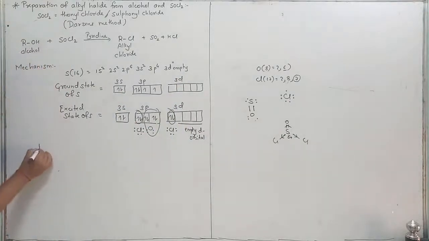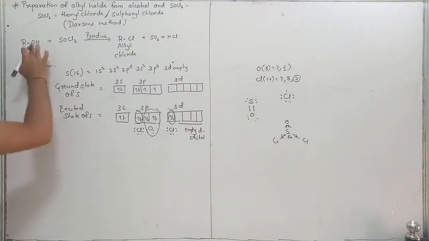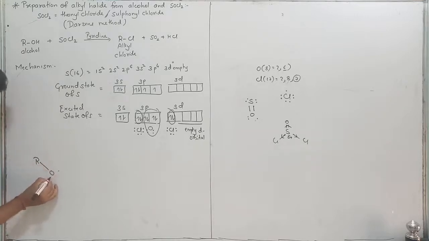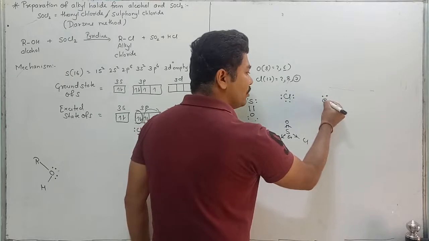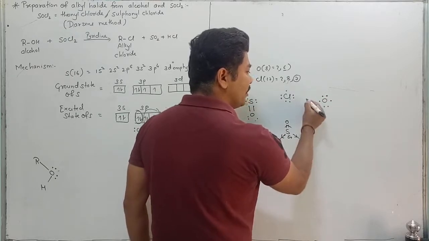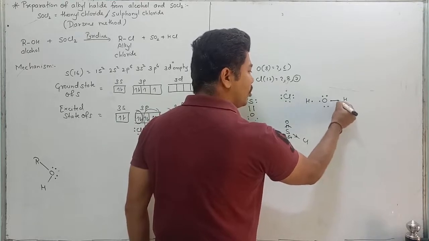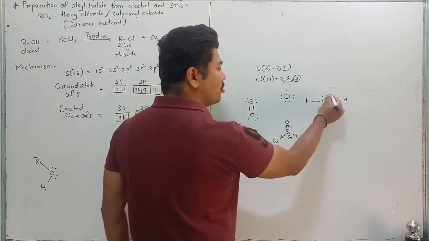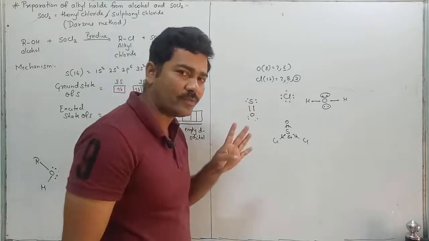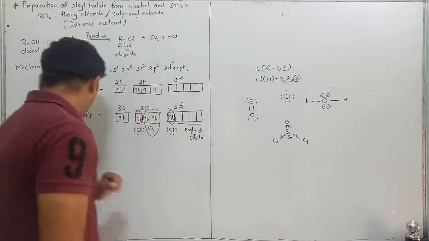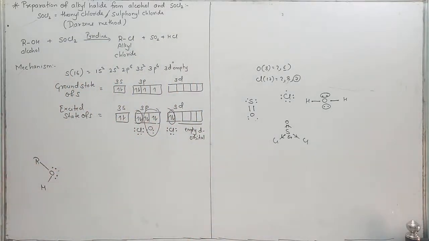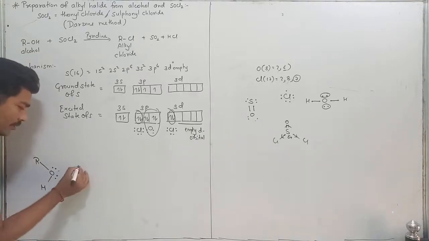Now carrying forward the reaction mechanism, take the alcohol ROH. Oxygen has 6 electrons in its last shell. When it combines with 2 particles, hydrogen or any other, it completes its octet. But it still has 4 electrons pending, which means it has the ability to donate those 4 electrons. Now, oxygen has 4 electrons pending in alcohol. When it reacts with SOCl2, S double bond O, Cl,